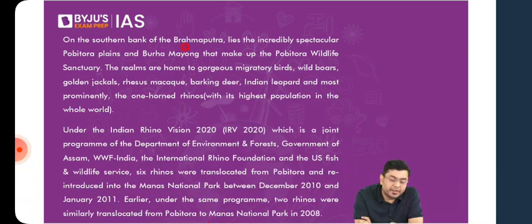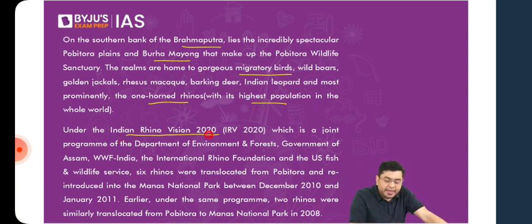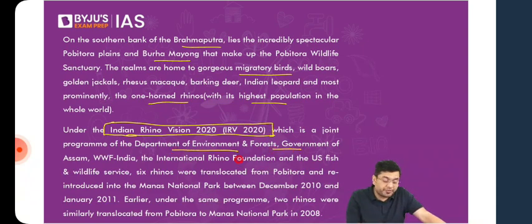So it is on the southern bank of the Brahmaputra, between Burhamayong on one side and the Brahmaputra on the other side. Here you will find various migratory birds, golden jackals, rhesus macaque, barking deer or the muntjac, Indian leopard, and the one-horned rhino, which has one of the highest populations across the whole world. Now under the Indian Rhino Vision 2020, with a target to be achieved by 2020, a joint program of the Department of Environment and Forest, Government of Assam, World Wildlife Fund India, the International Rhino Foundation and the US Fish and Wildlife Service,